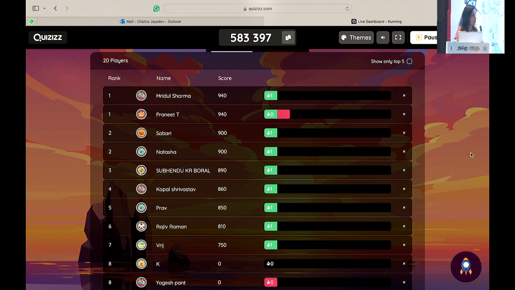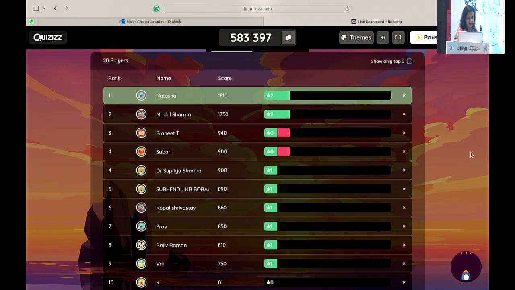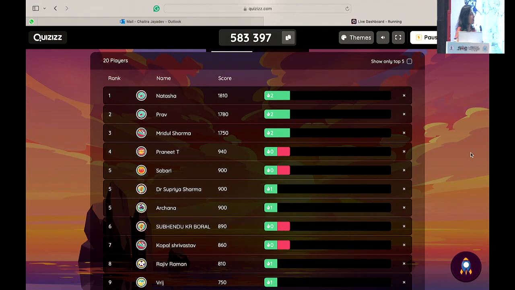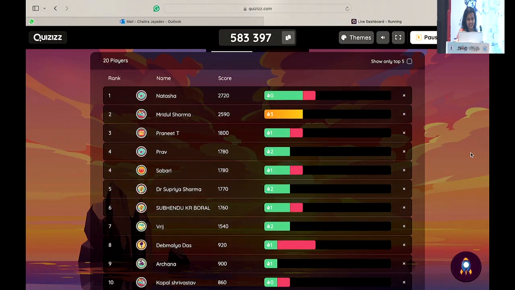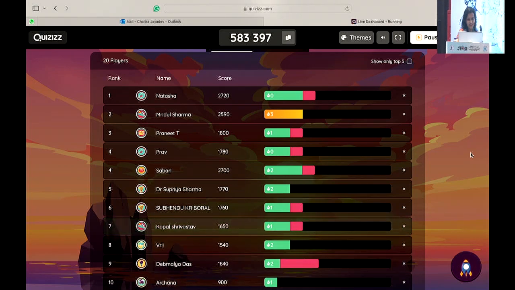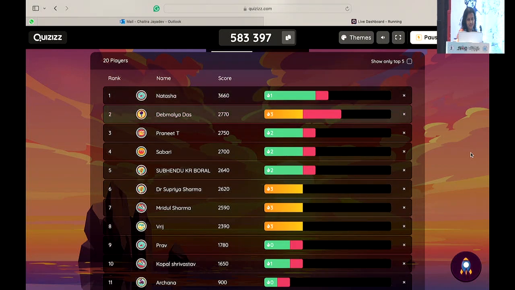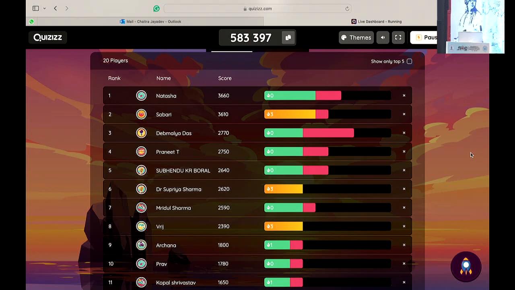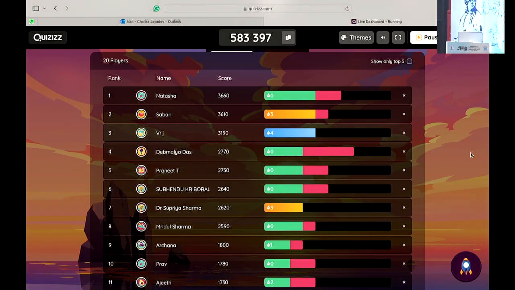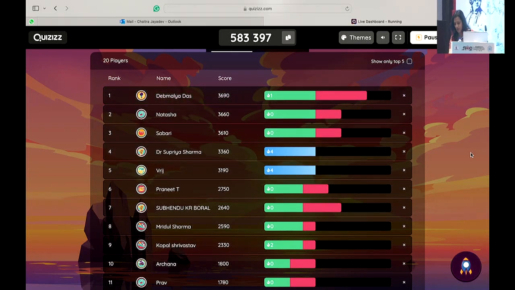The faster you answer, the more points you would score. Yes, it's also a time-based thing. So Rajiv. Yes, Rajiv is at 7. Come on. A lot of these questions were just covered during the talks itself, so they're just a revision. Natasha's going strong. They can come up and